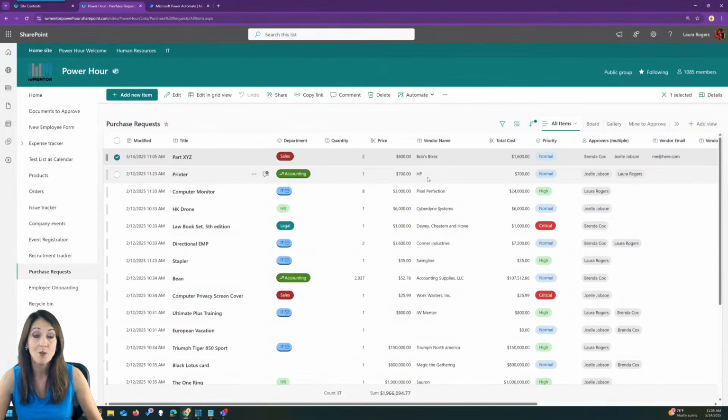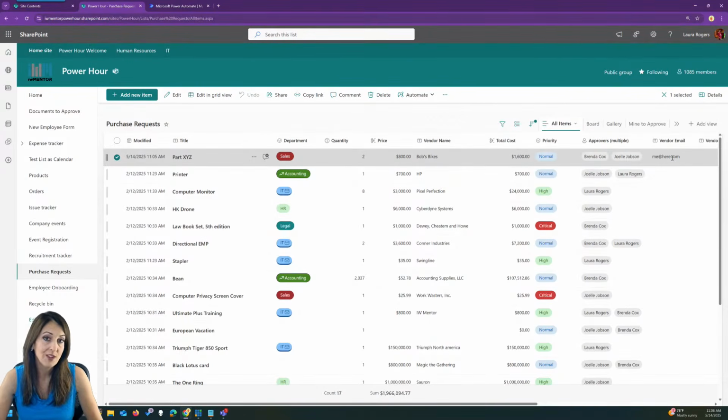And of course, what I'm about to show you is an example of sending an email to a vendor. So I've got a vendor email on this one. Now I'll show you what it would look like if you didn't have a vendor, but I'm going to go ahead and create a quick step